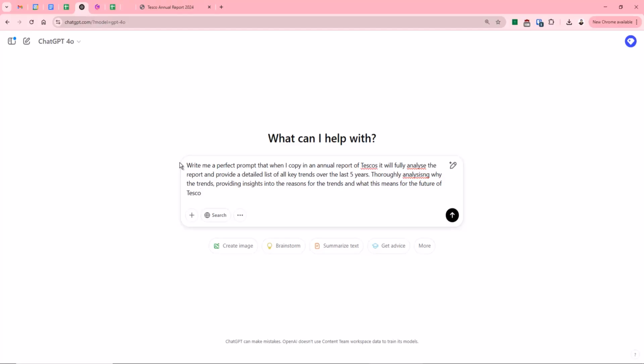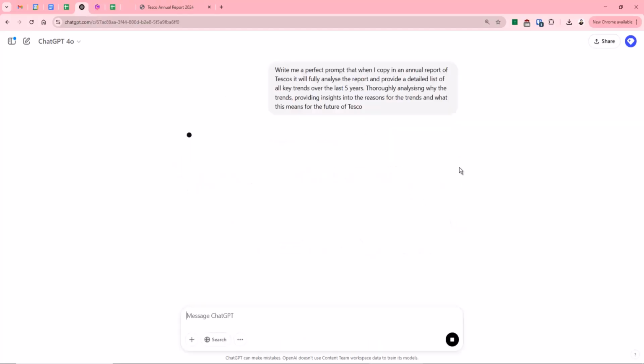Prompting is very, very important with AI. It's a bit like a calculator. You've probably heard the trend with calculators or Excel that it's garbage in, garbage out. And in a sense, if you don't ask it the right things, it's not going to give you the right result. But you can actually use it to tell you what you need to ask it. So that's a key tip there.